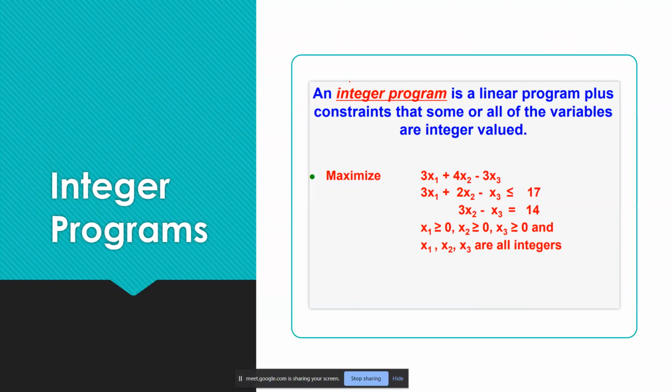Next nating klase is yung tinatawag na integer. Ano ba yung integer? Anyone? Pag sinabing integer, ano po yan? Correct. Whole number. Not in fraction. Kasi guys, kalimitan, pag nagsosolve tayo ng linear programming, may mga cases na, halimbawa, ang question is,